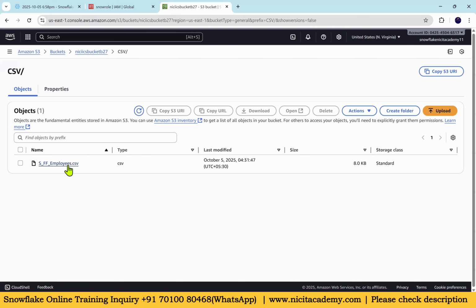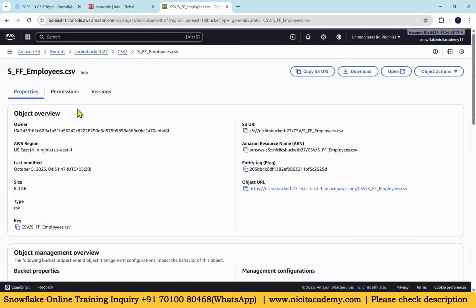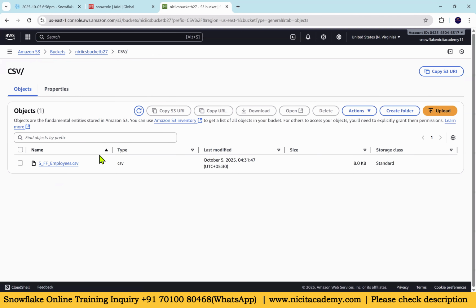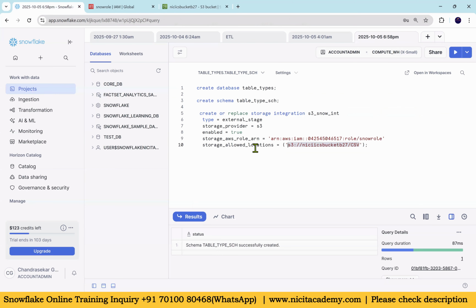Okay. So what data is available here? Whatever data we have here, we can download it and then check. And if you want any other file, we can just upload it. Okay, so everything is the same. This is the bucket name. I'll go here and check this bucket name and the folder. If you do not want to keep the folder, you can remove it. You can keep only the bucket name,